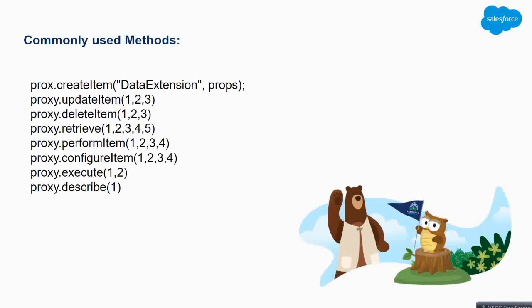from there. Okay, you can also delete items. So for example, you want to delete a data extension with a particular name from a business unit. Okay, so you can do that. Also execute. Okay, let's say you want to unsubscribe, which we will see in a later slide. Okay, we can unsubscribe a particular user from, let's say, a business unit. Okay, we can unsubscribe from all subscribers, using this execute function.